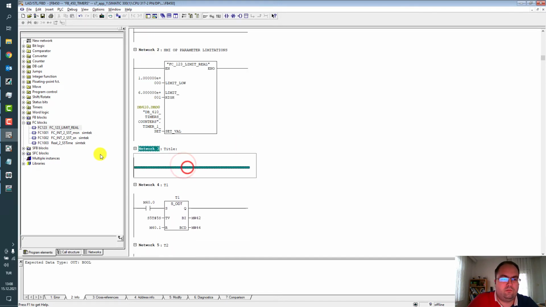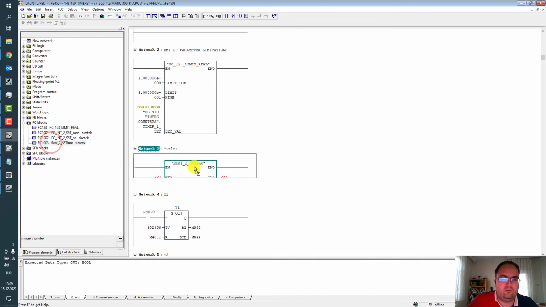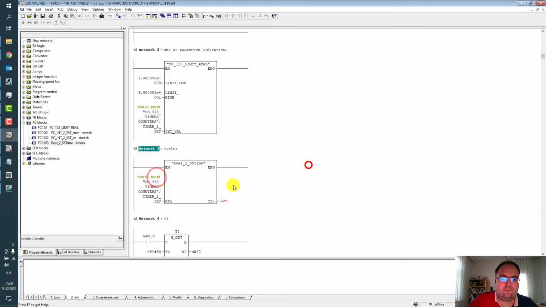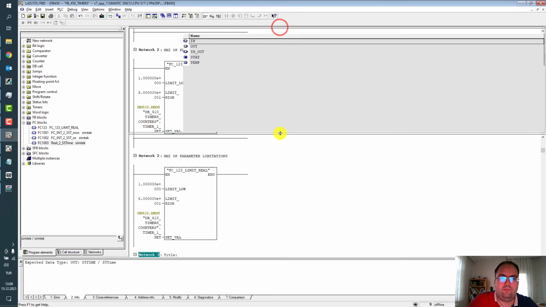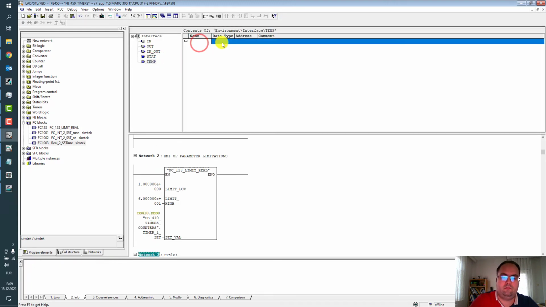At the next network we can convert real to time format, and input time can be between these values, and output as S5 time format.